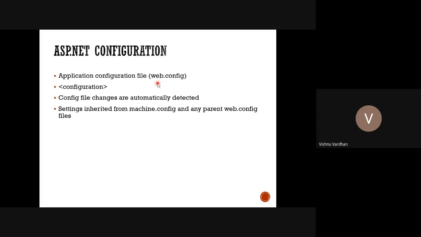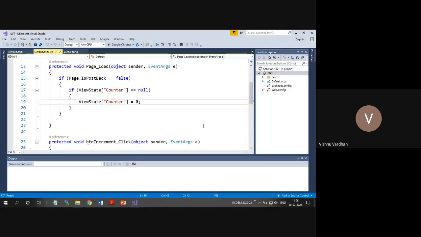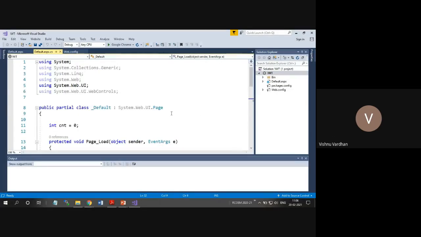All these are settings we generally do not code from the code behind file. These settings are not for page-to-page operation or for some of the functionalities. They are actually applicable on the overall application running as such in your website. So they are basically treated as application configurations, and application configurations are in general commonly written in the web.config file.